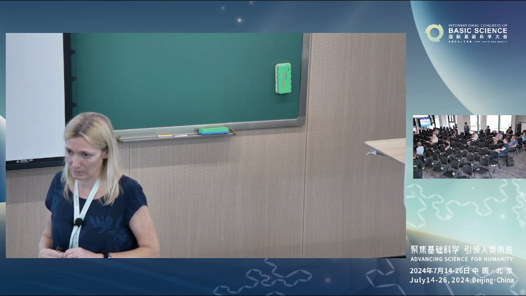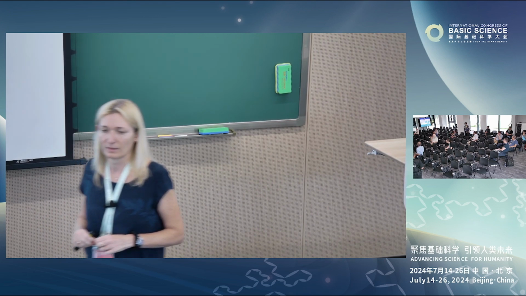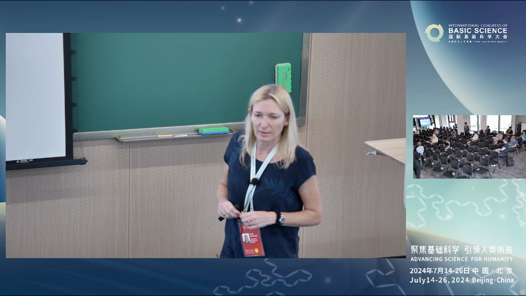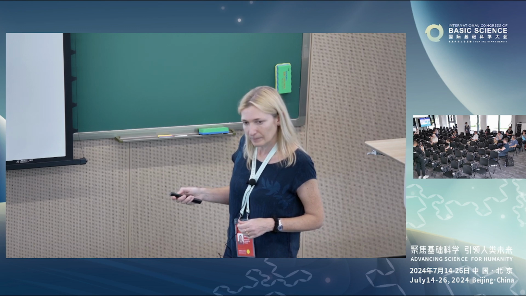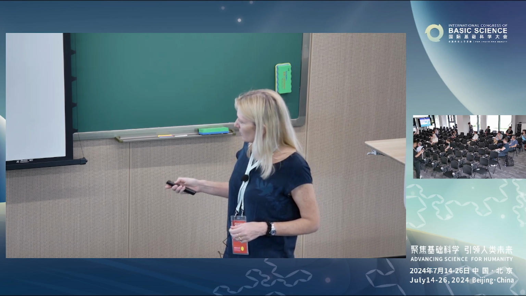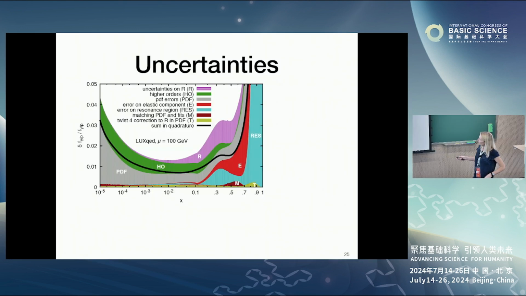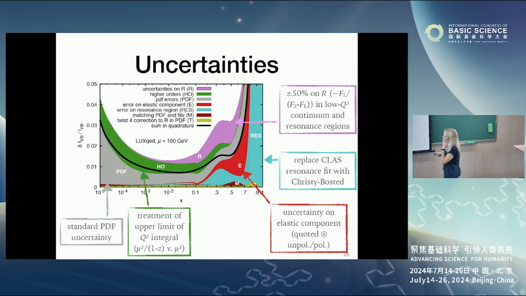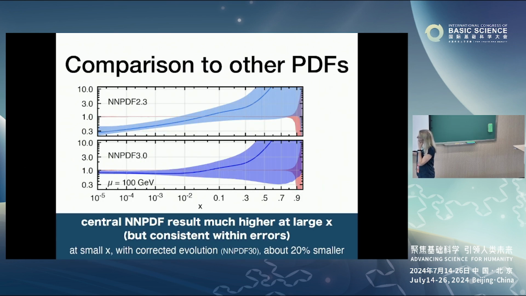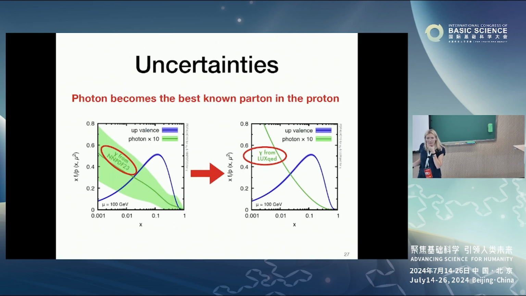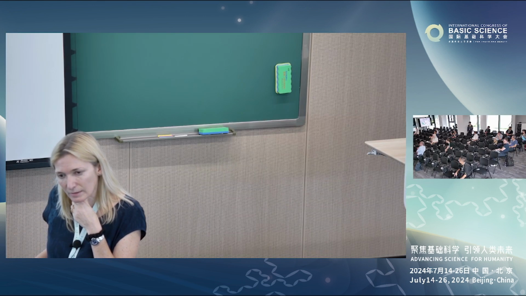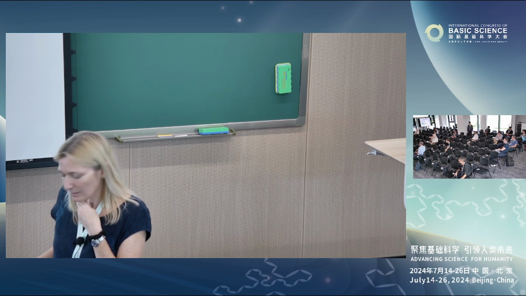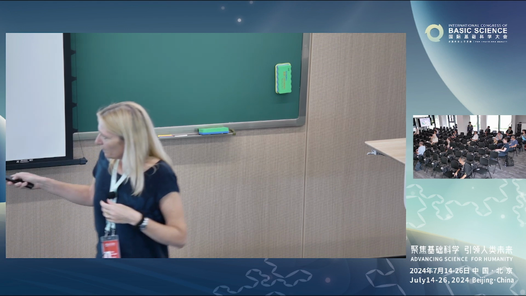Okay. Thanks for the nice talk. You have a plot for the photon distribution, which rises at small x, similar to how the gluon distribution rises. In the case of gluon, people believe it will not continually rise. There will be a regime where the gluon will saturate. In the photon case, I also think it shouldn't always rise. So what do you think would happen when you are looking at very small x? What mechanism turns the curve?